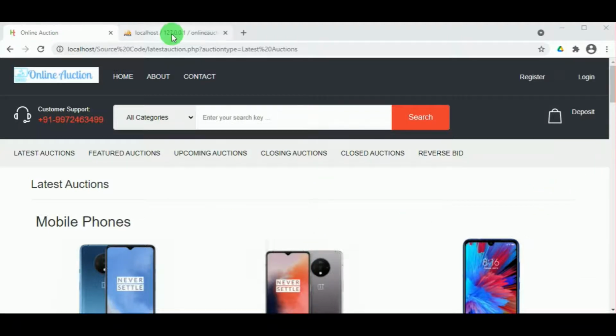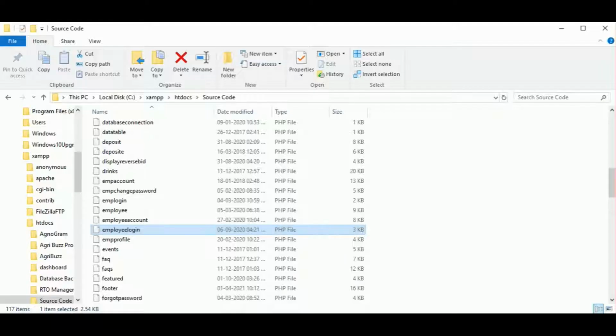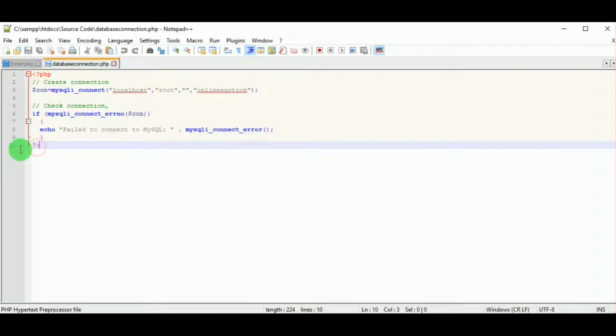So you can see the database here. Now let us see how this database is connected to the project. database connection.php is the file which will connect the MySQL server and the PHP.